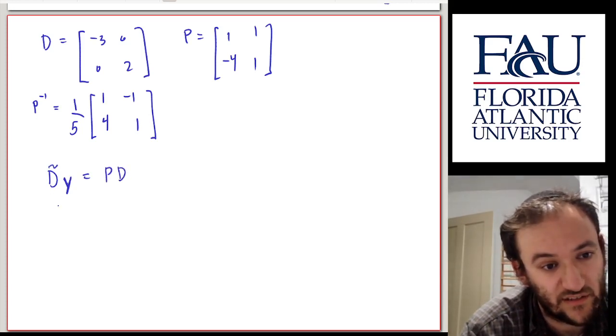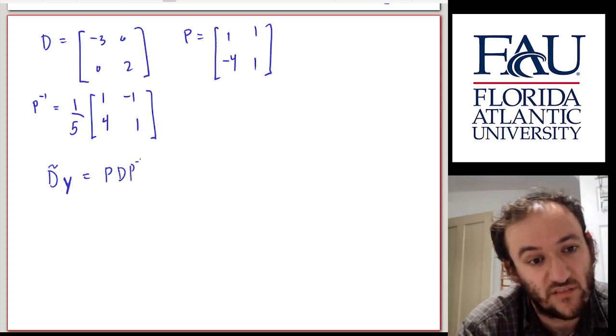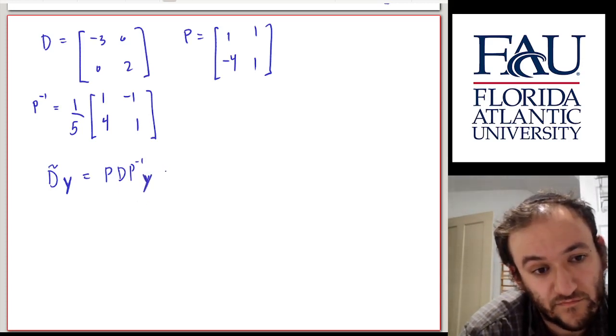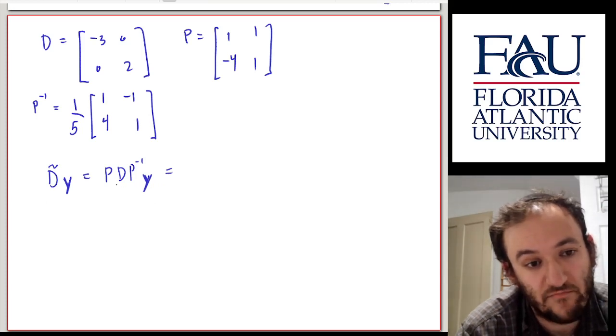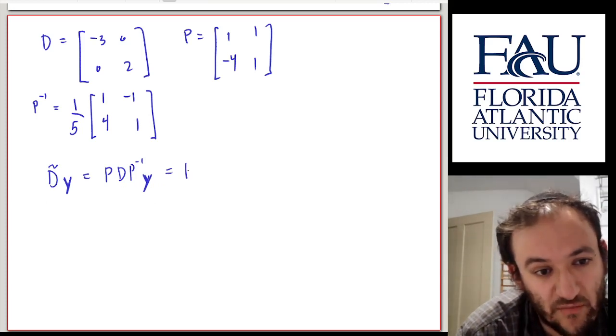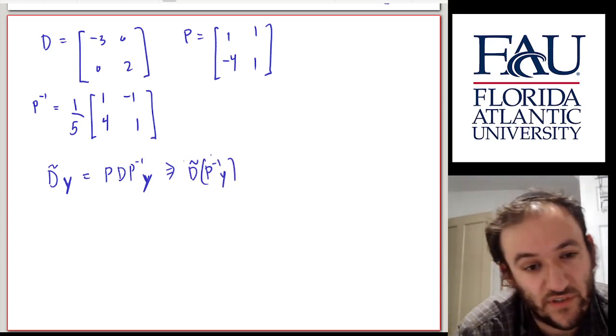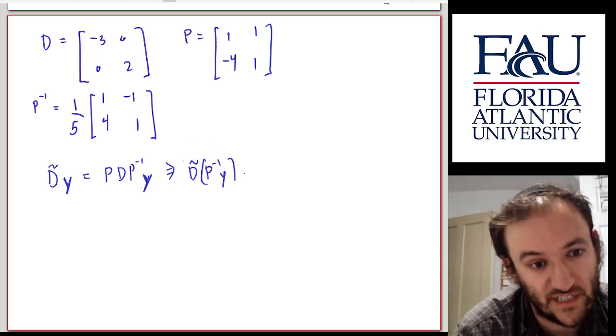I'm going to write a tilde for the differentiation one. And we can multiply P inverse on both sides, and this becomes D tilde P inverse y, since D tilde and P inverse commute, but that's too much detail,